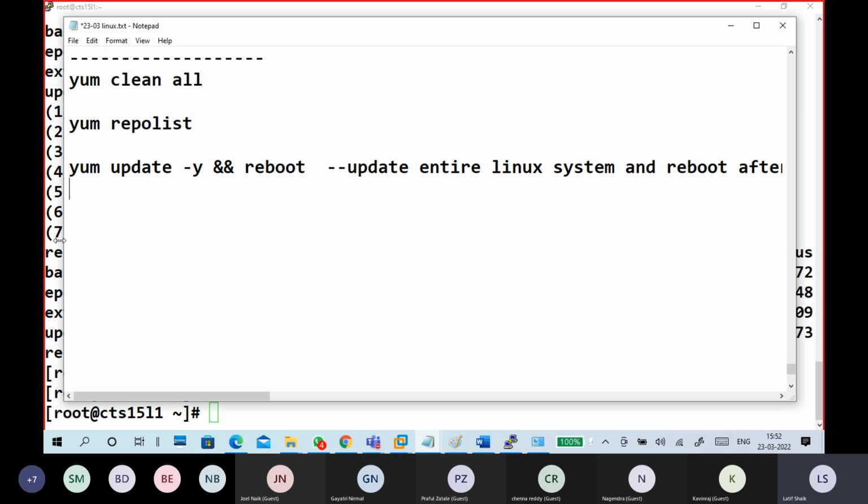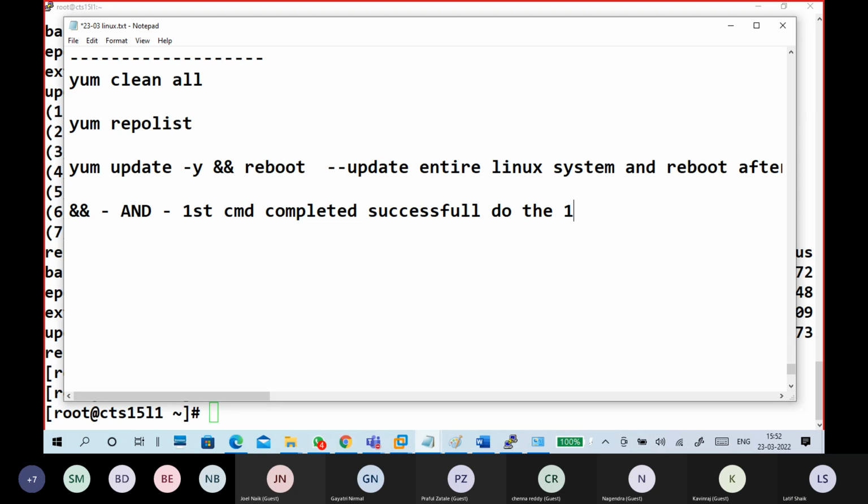Okay. So that is called an AND, the ampersand, and ampersand means logical AND. It means if the first command completed successfully, do the second command. Okay. Next one is the pipe.